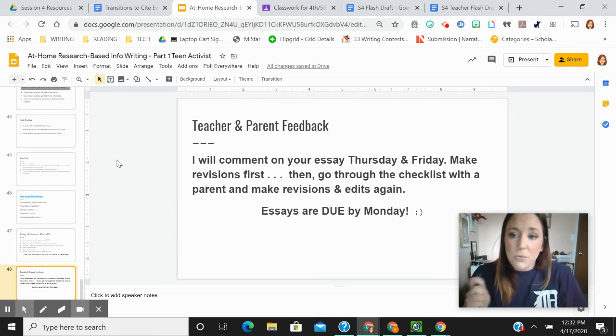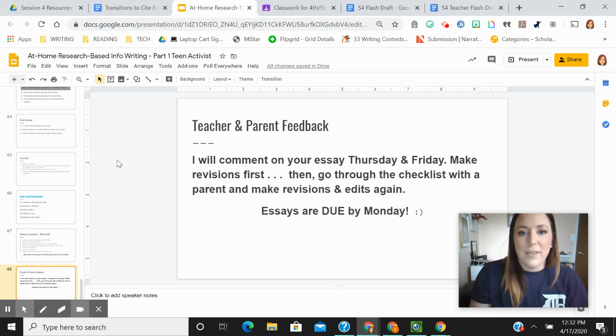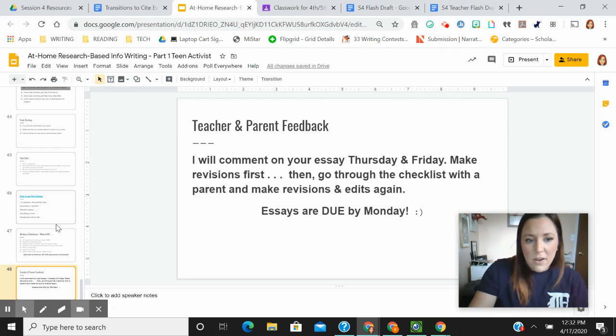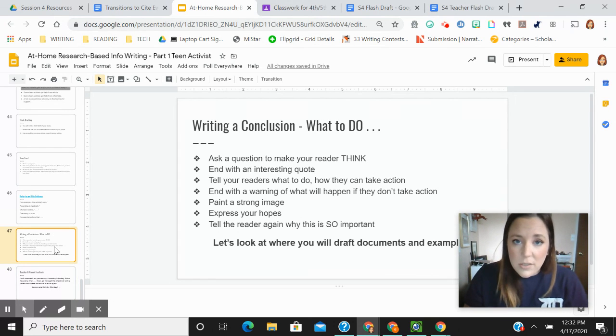The essays are going to be due Monday, and I'll talk more about that because it's going to be posted on KidBlog. I'll go over what I expect and how I want it to be set up then, okay? For now, get to drafting, making sure that your structure is there. Use all of the resources that you have, and if you have any questions, please, please, please don't hesitate to email me. All right,